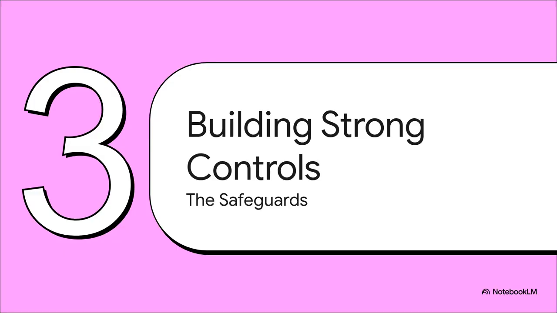All right, now we're getting to the absolute heart of the matter for an IS auditor, the controls, the safeguards. Because look, a system can have all the flashiest features in the world, but if you can't trust the data in it, it's useless. You need to find evidence that security and integrity were baked in from the very beginning, not just slopped on at the end like an afterthought.